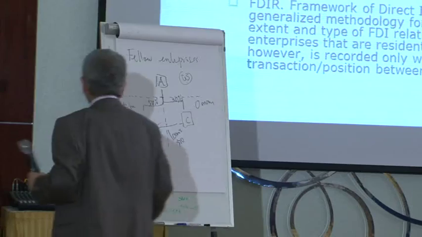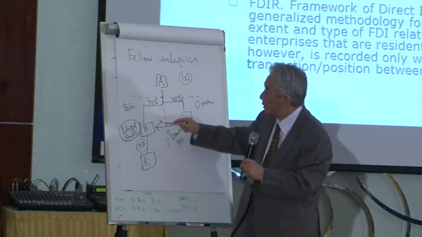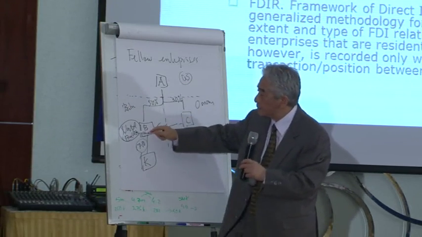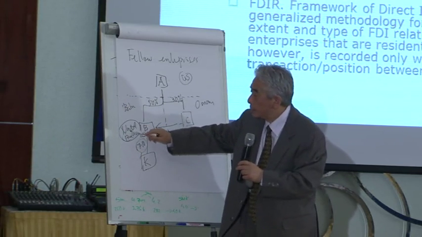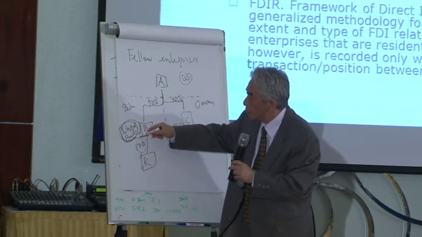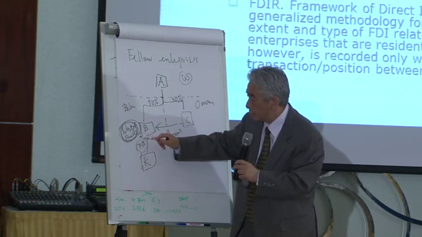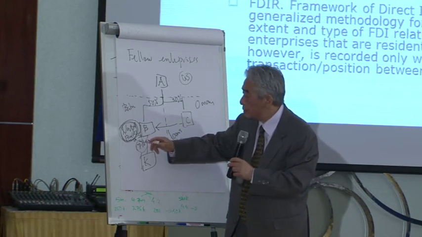Even though the transaction is recorded under the name of company B, it's not with the affiliate, with the parent company. Actually, he meant B is the affiliate of company A, but there is a national bank here which got loans, which gives loans to company B. That's what you are talking about, I guess. But these loans,